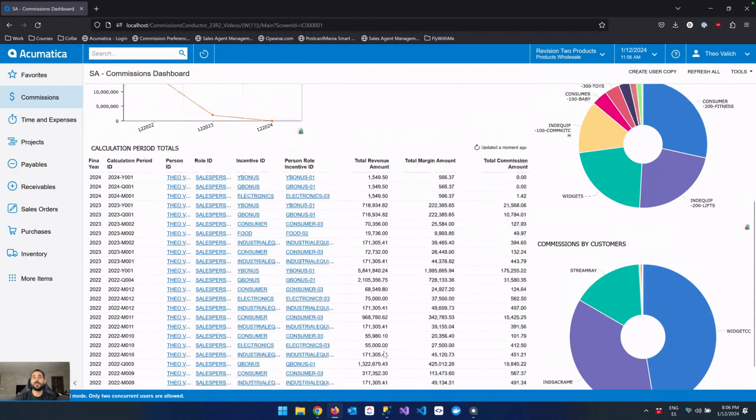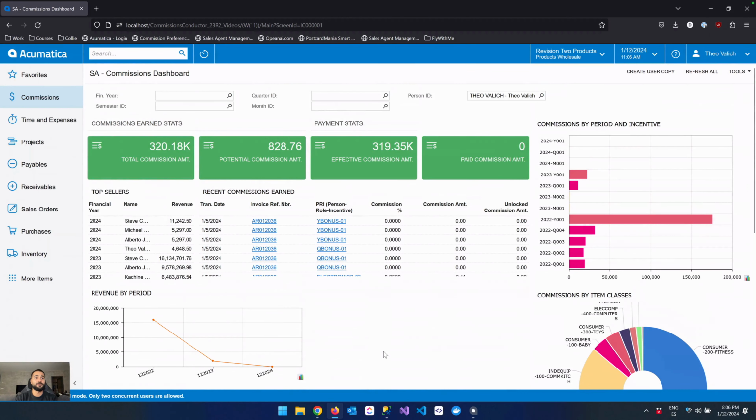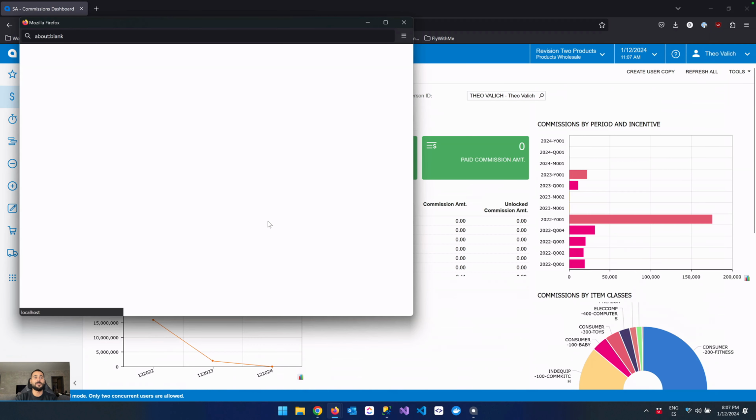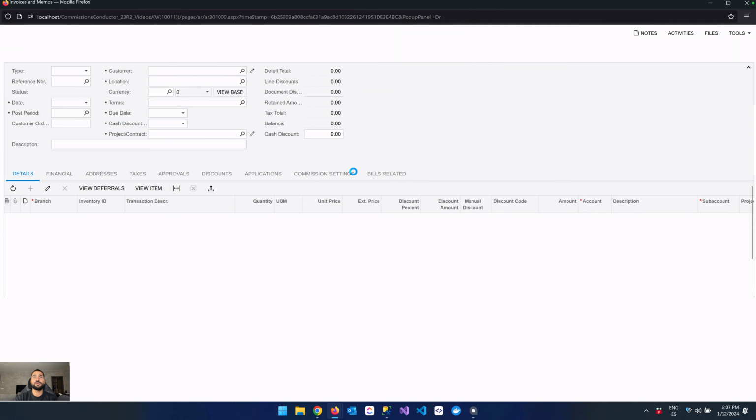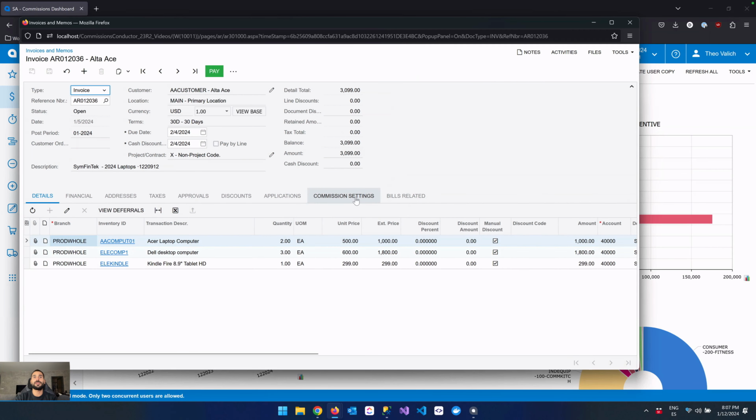So it is fully protected from the view of other people's data, okay? And for instance, if you go into a specific invoice that has received commissions, the commission records are not listed, okay,